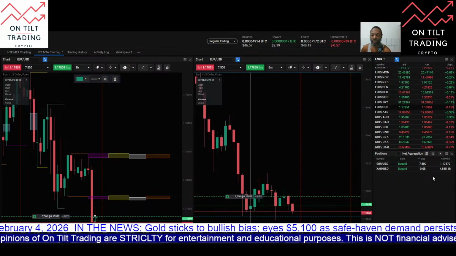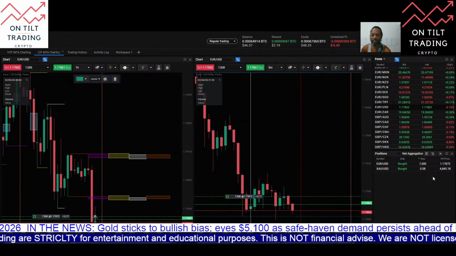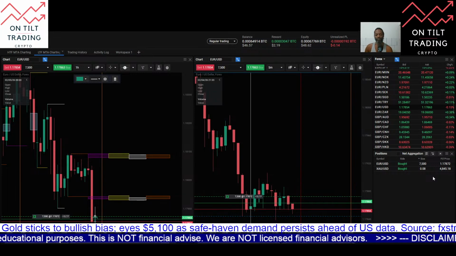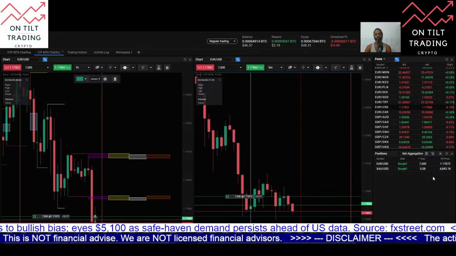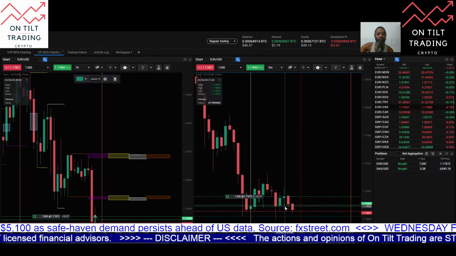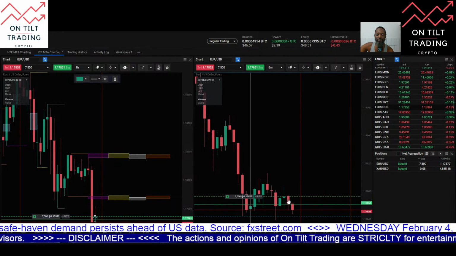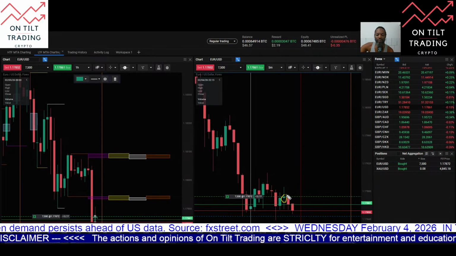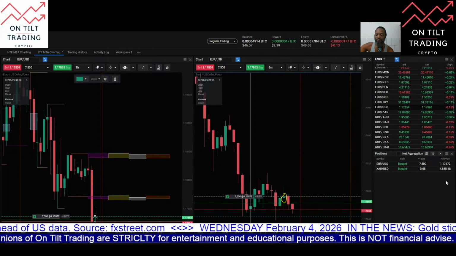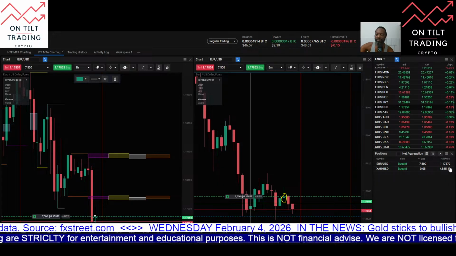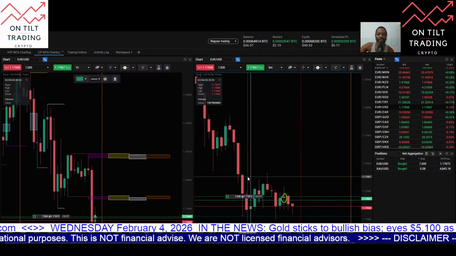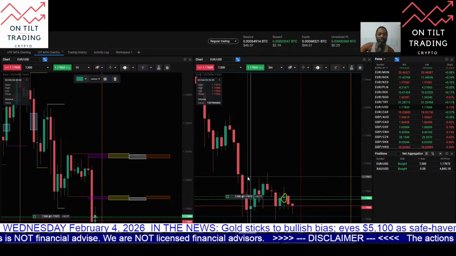Price here on euro dollar at 117.850 level. So this candle here did close exactly at the level, but it did not close above. So the actual technical level here is